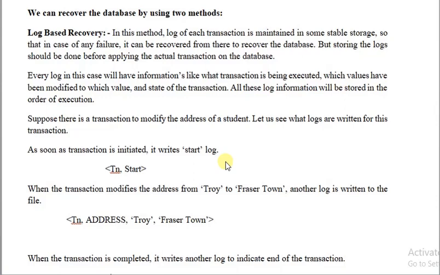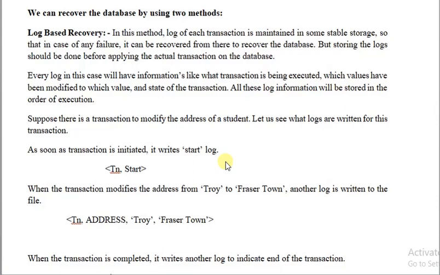Okay, as we have just mentioned, when a transaction is executing, a number of log files are created with respect to the transaction. Okay, if the transaction has failed, then in that case it is necessary to undo the changes that have been made by the transaction on the data values which are stored in the database. So with respect to a transaction, a number of log records are created, such as what is the status of the transaction, what value has been modified. Okay, these kinds of minute information are stored within the log files.